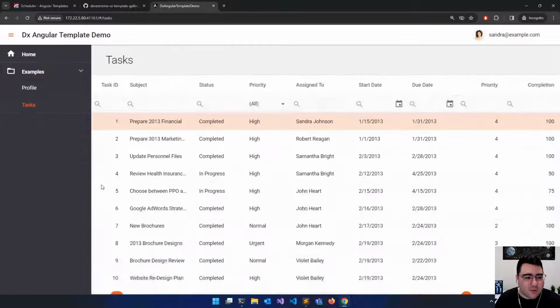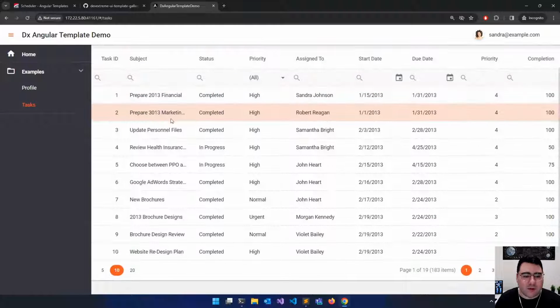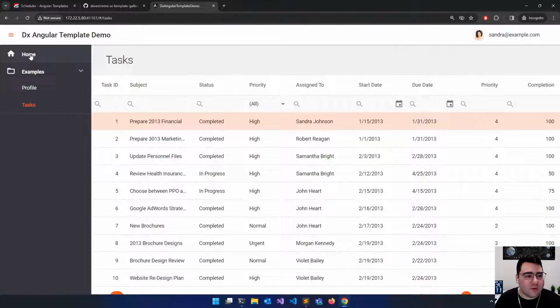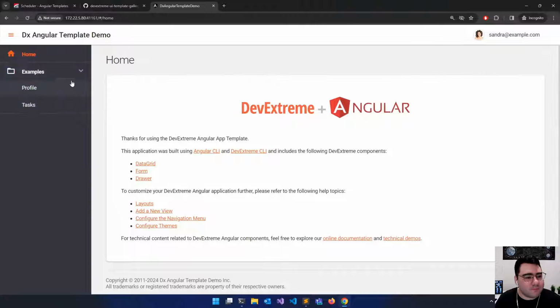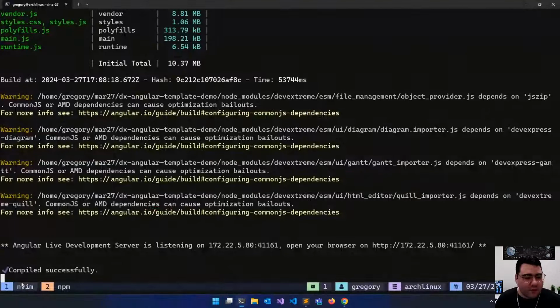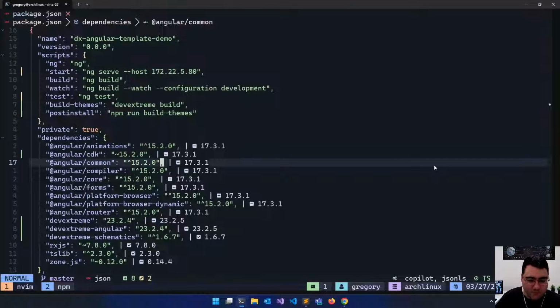And I've shown this before. We just have some sample information in here. Some sample pages. And of course, we have our sidebar here. Everything is nice and formatted for us. And so if I go ahead and jump back into the code,